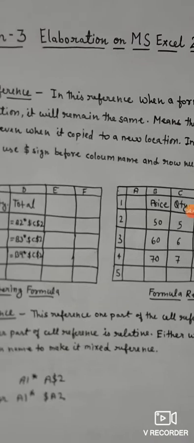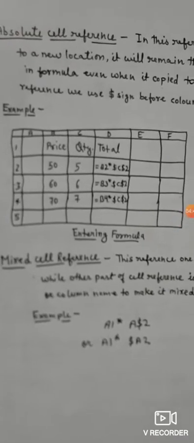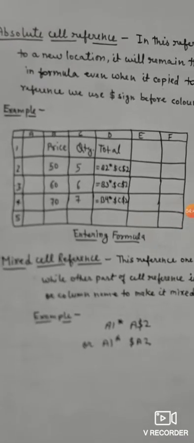And if it changes to absolute cell reference, then when we copy a formula from one place to other place, the reference cannot be changed. It remains always fixed. Now take an example here also. It is similar to the previous example: price, quantity and total. Now here 50, 60, 70 are price, 5, 6, 7 are quantity. Now the first formula is equal to B2 into